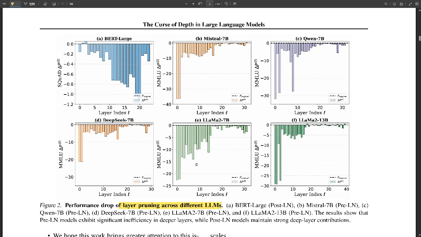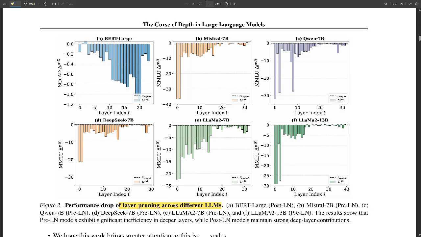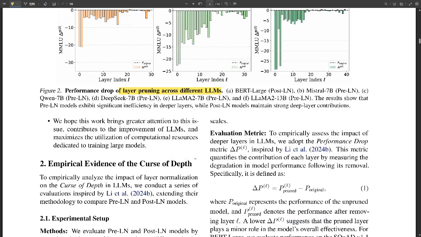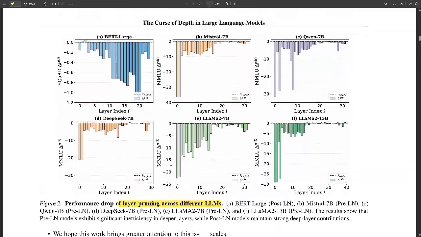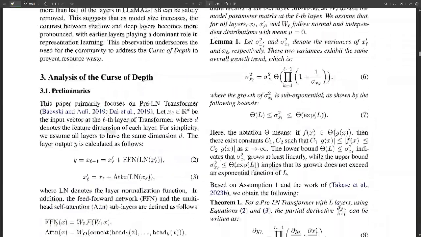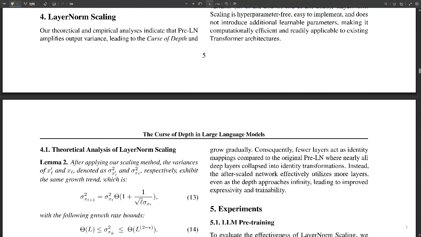Remember, the main problem with pre-LN is that the output variance grows exponentially with depth. Layer norm scaling takes care of this by scaling the output of each layer normalization by a factor that's the inverse of the square root of the layer's depth. So the deeper the layer, the smaller the scaling factor. Yep, exactly. It's like we're gently putting the brakes on that variance explosion as we move deeper into the model. It's like that walking path analogy again. You're putting in tougher speed limits as people move along so the differences in their walking speeds don't get out of control. Perfect analogy. By managing the variance like this, layer norm scaling keeps those deeper layers from becoming useless. It makes sure they're part of the learning